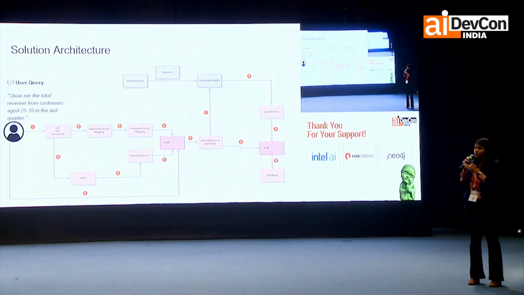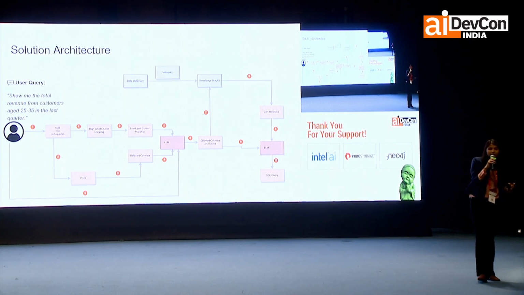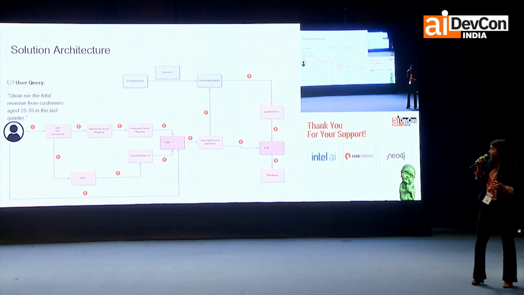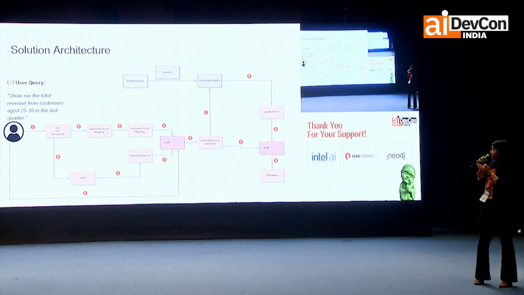In parallel, we have also given these sub-queries for cluster mapping, to map these sub-queries to some high-level clusters first. So the first sub-query, about total revenue, will be matched to the financial information cluster. Then the customer age will be matched with the demographic information cluster. So after the high-level cluster mapping, we have the demographic cluster and the financial cluster.